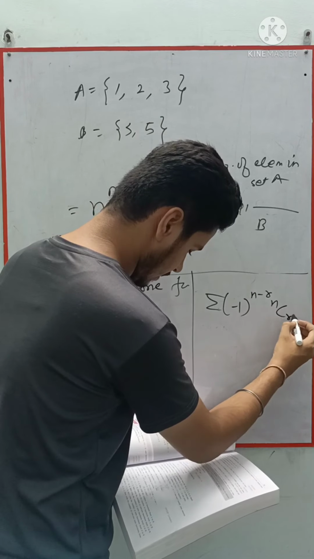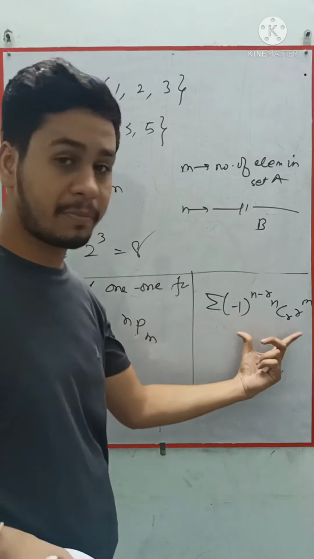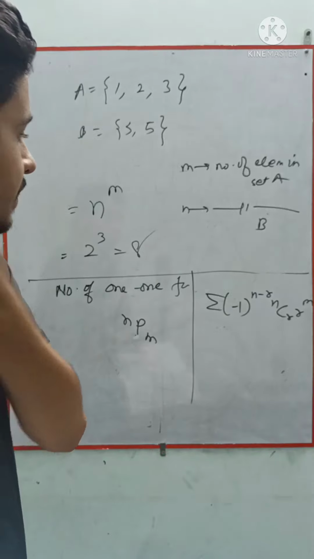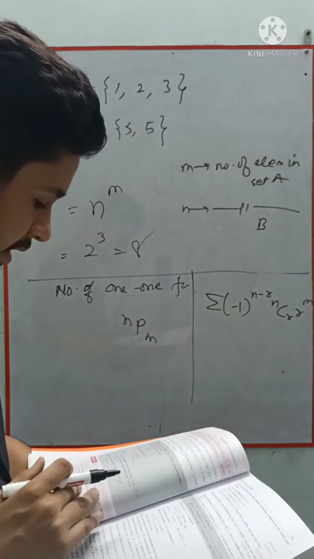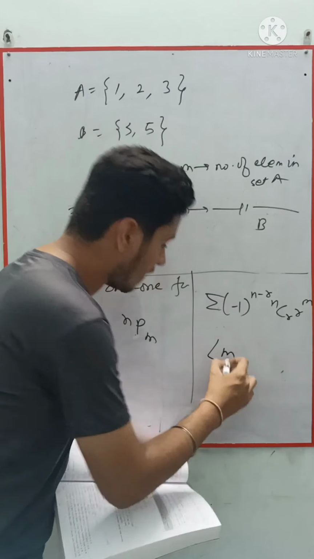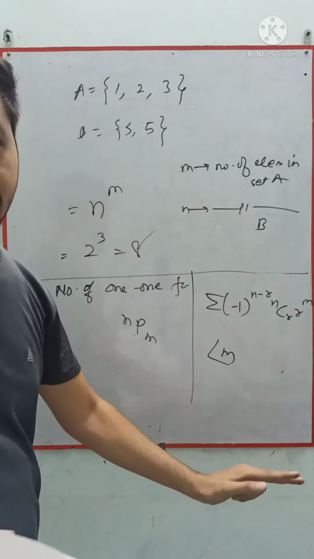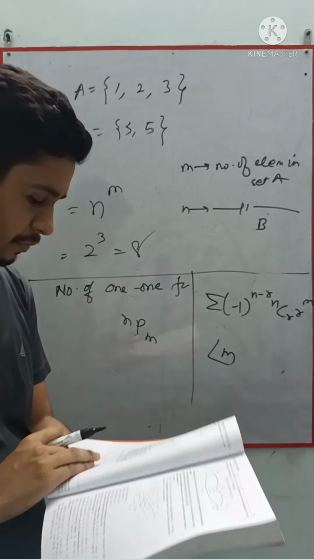Now I am writing the formula for getting the onto functions from A to B. So if you want to find the number of onto functions from A to B, this formula will be applied. Some cases are given. Then for finding one-one onto, that is bijection, it is factorial of m. I hope you understood all this and use the formula. In this question, they are very easy. Objective type questions are there.